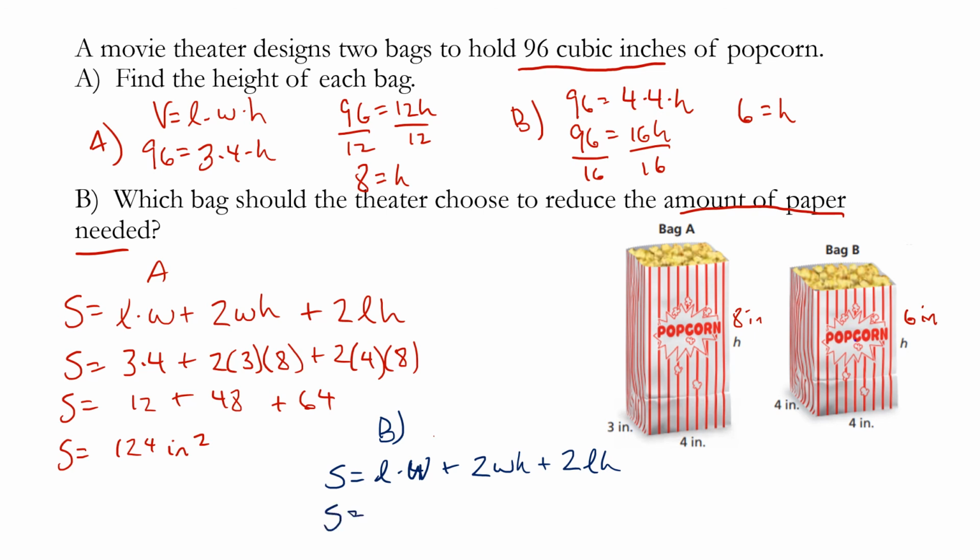So in this case, we have our length times the width, which is 4 times 4, plus 2 times the width, which is 4, times the height of 6, plus 2 times the length of 4, times the height of 6. So simplifying, we have 16 plus 2 times 4 is 8 times 6, which is 48, plus another 48. So we have 16 plus 48 plus 48, and we'll get 112